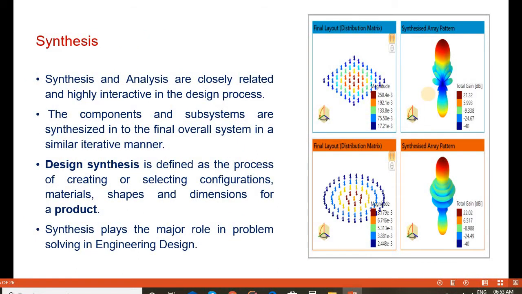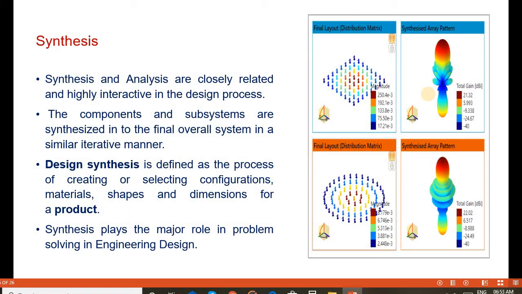Next is the synthesis. Synthesis and analysis are closely related. Both steps are closely related. Basically, synthesis is a highly iterative design process. The components and subcomponents are synthesized into the final overall system.